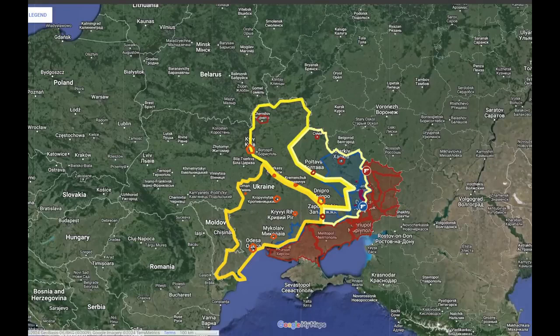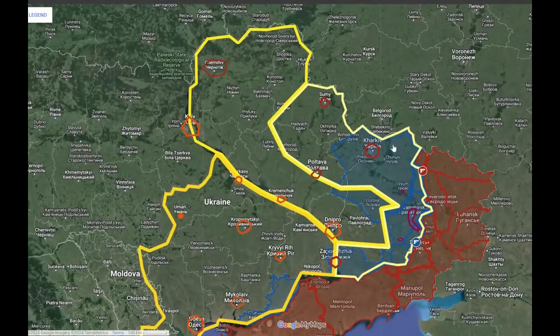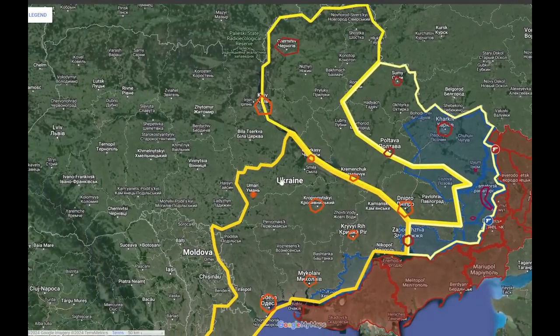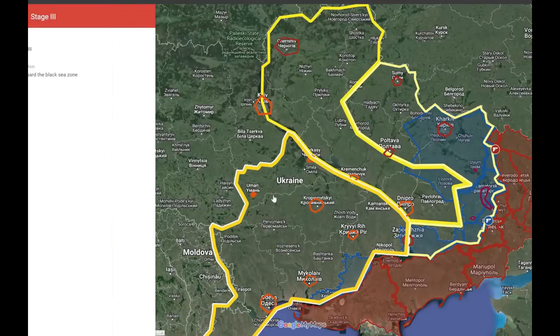Putin announced in his victory speech that he would have to do this operation that he calls creating a sanitary zone. However, something to note is that the Russians can simply stop at any of these points. They could stop at the first stage and claim they have created this sanitary zone, Belgorod is safe, there's no reason to continue, and they can simply continue the battle of attrition there. They could also stop at the second stage, claiming the Dnieper River is captured, they do not need to go further. Or they could simply wait until they go through the third stage and they will claim complete victory over